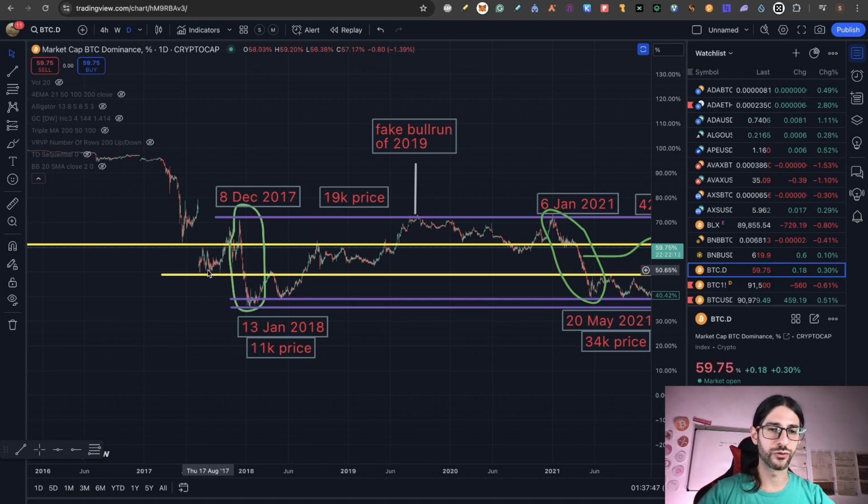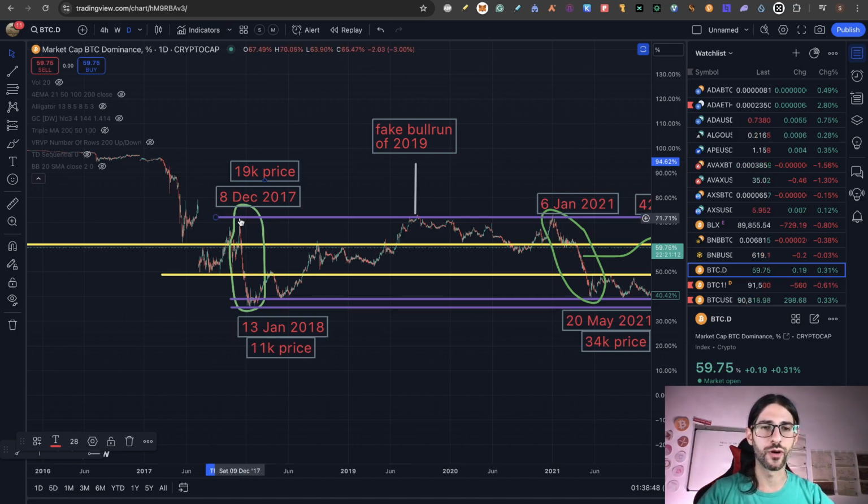So in August 2017, Bitcoin dominance started to climb from this support area, reached 70%, and then very quickly, in less than a month, dropped significantly below 40%. This dump was a very big one because from the peak of the bull run on December 8th to January 13, it was only one month, so this was a very quick dump. During that moment, we had the peak of the bull run of 2017. Bitcoin reached 19k at that moment. So in this chart the top of the Bitcoin dominance coincides with the top of the Bitcoin price. And after that, we saw the altcoin season until January of 2018.